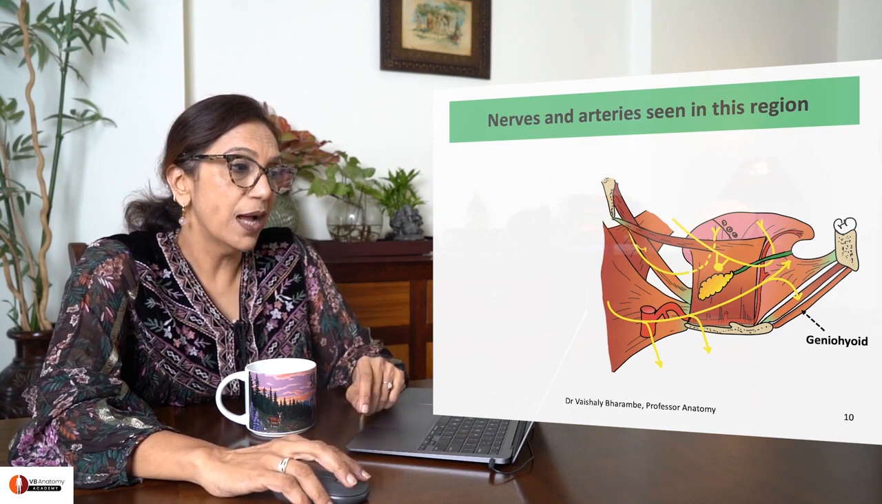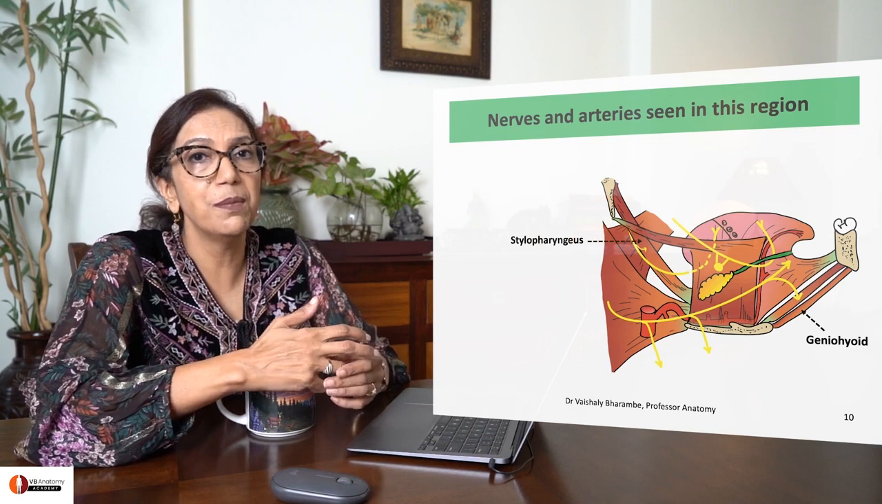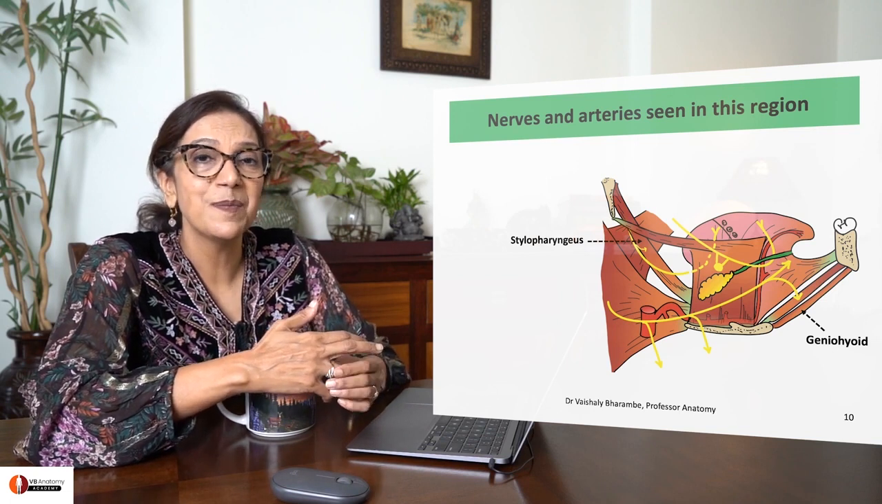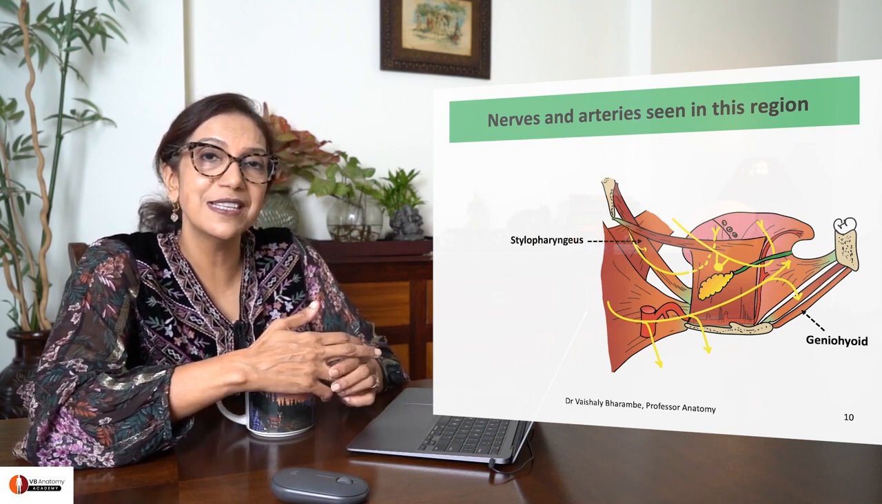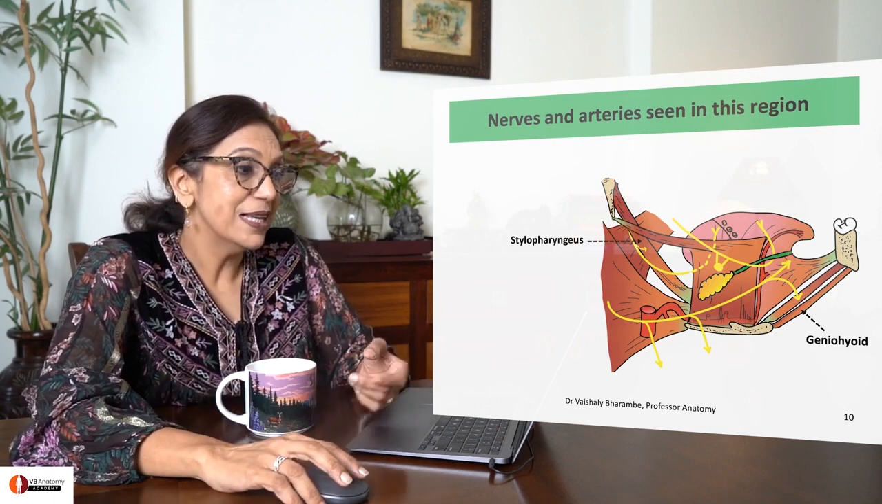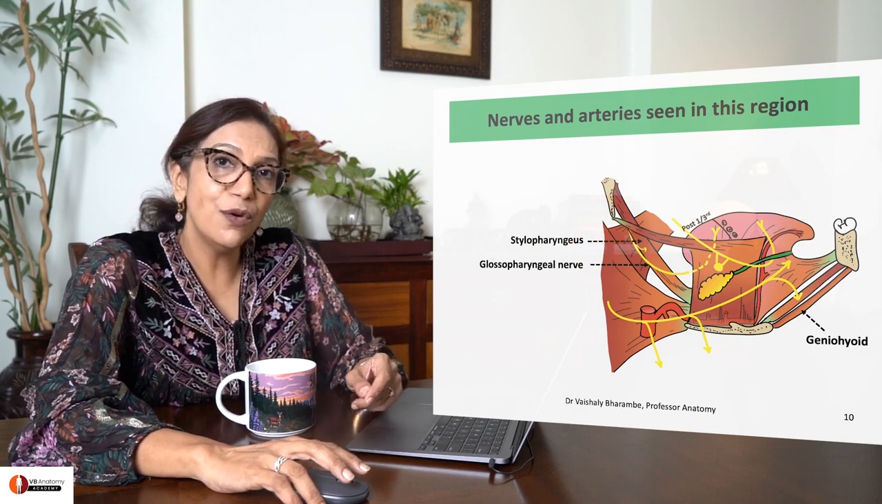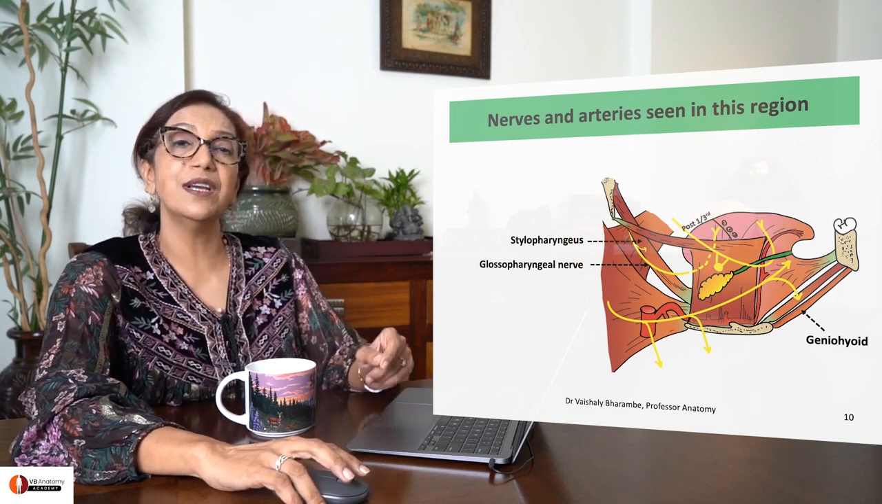Perfect. So, accompanying my stylopharyngeus is its best friend. There are a lot of friendships happening here. Who is always with stylopharyngeus? The glossopharyngeal nerve or the nerve of third arch. Supplying it, as you can see here, and continuing forward to the tongue to supply the posterior 1/3 of